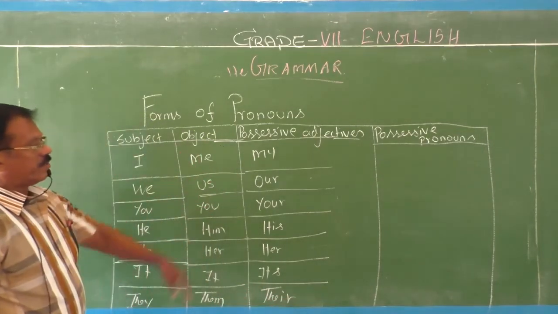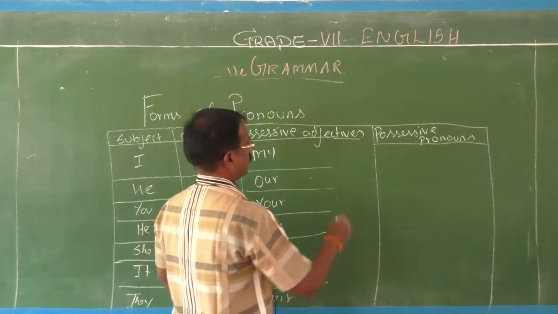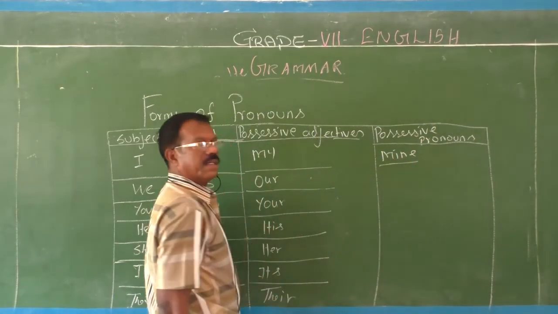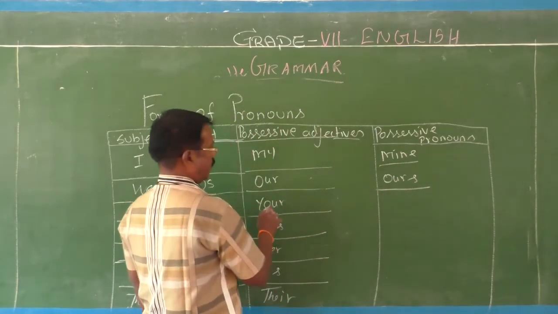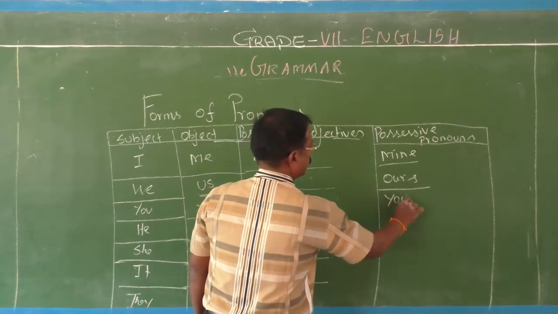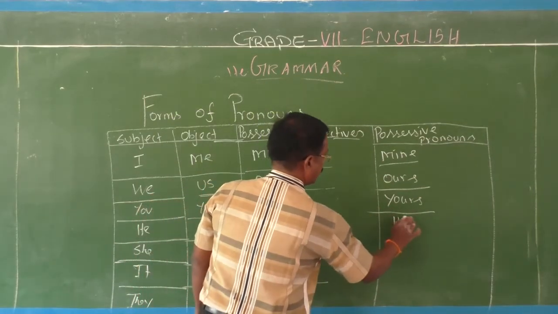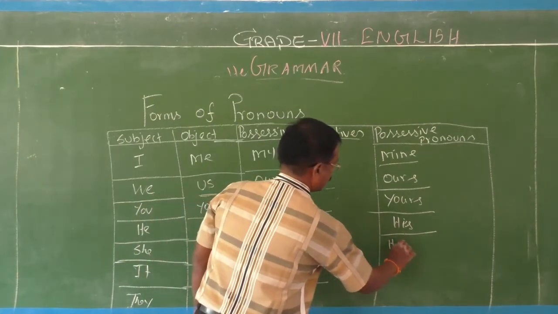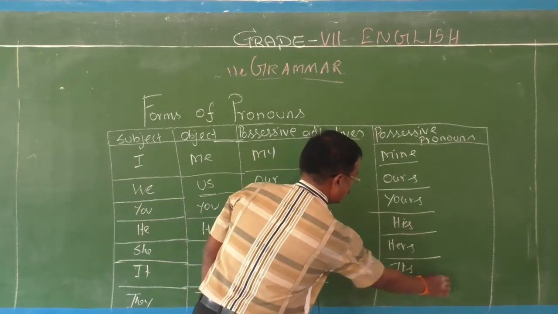So they are called possessive adjectives. And then possessive pronouns. My, mine. Our, ours. Your, yours. His, her, hers. Its,